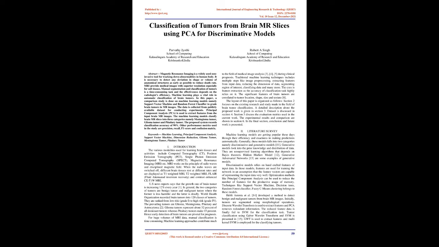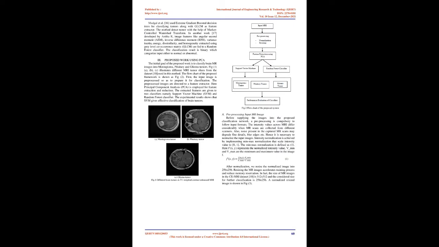Hence, early detection of brain tumors is pivotal for prognosis. For huge volumes of MRI data, manual classification is time-consuming. Machine learning approaches contribute much to the field of medical image analysis [3, 4, 5] during clinical prognosis. Traditional machine learning techniques include multiple steps like image pre-processing, extracting features from input data, reducing the dimension of data, segmenting the region of interest, classifying data, and many more. The crux is feature extraction, as the accuracy of the classification task highly relies on it. The significant features of brain tumors are correlated to tumor location, shape, size, and texture. [6]